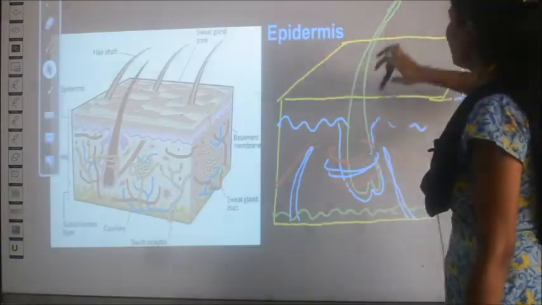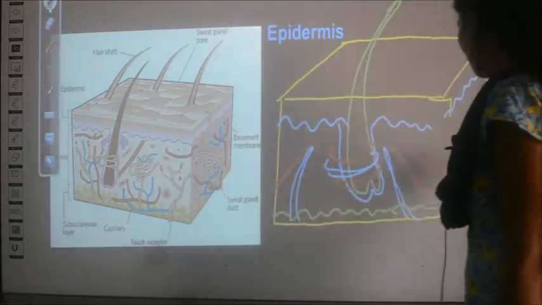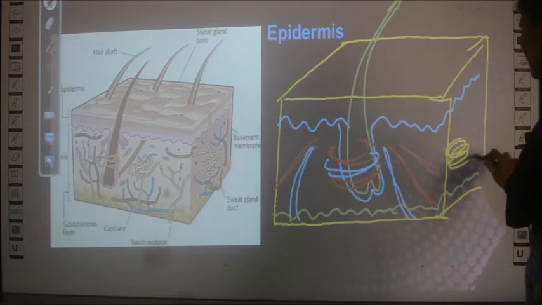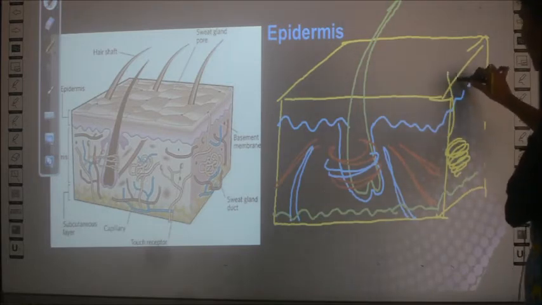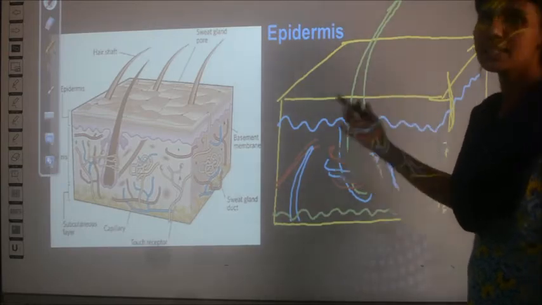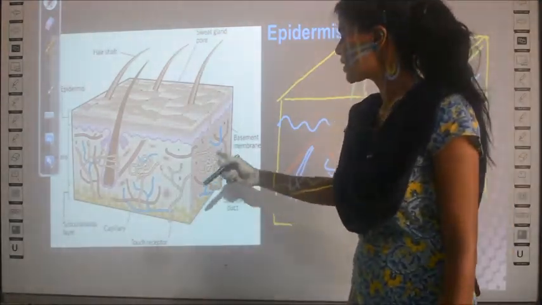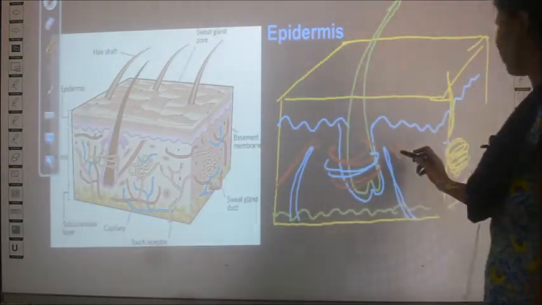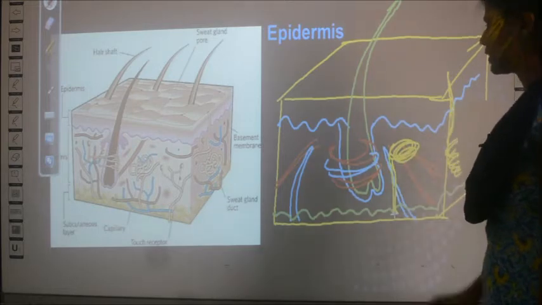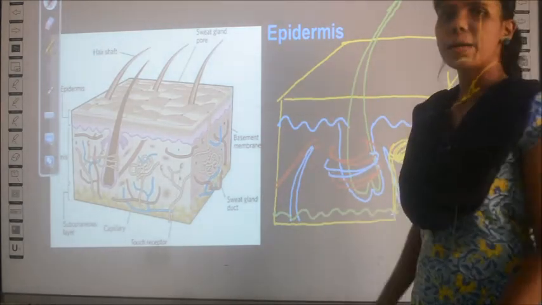And how can you differentiate between blood capillaries and sweat glands? Usually sweat glands are represented as a coiled structure like this, and it will be connected to the outermost layer, that is the epidermal layer. So if you have a highly coiled structure like this, and here also you can find, this highly coiled structure is nothing but the sweat gland. So these are the parts of the skin.